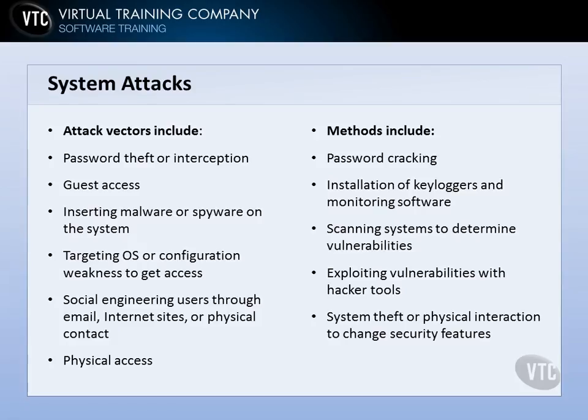We can use hacker tools on the box, obviously, or against it over the network. We can also, if we have physical access, steal the system or physically interact with it to change security features, to lower them, if you will, so that we can get access to it later. So these are some of the attack vectors and methods for system attacks,